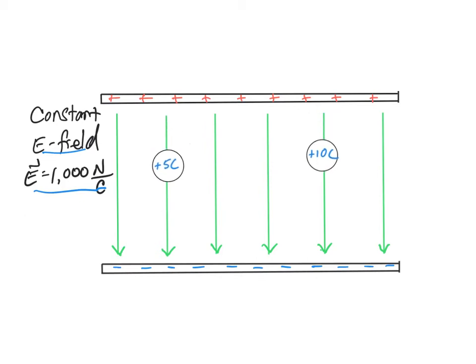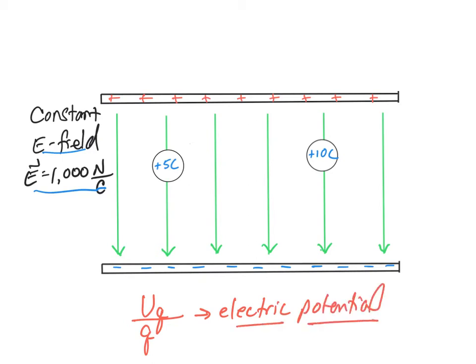But electric potential, let me change my marker right here. Electric potential energy divided by charge is electric potential. So this is the definition of electric potential. It's electric potential energy per unit of charge. It's got units of joules per coulomb, and it is independent